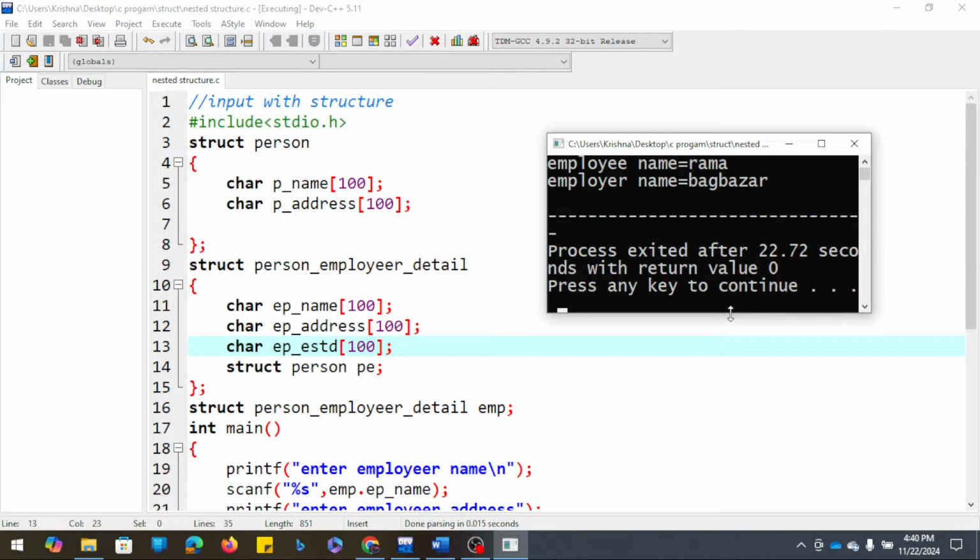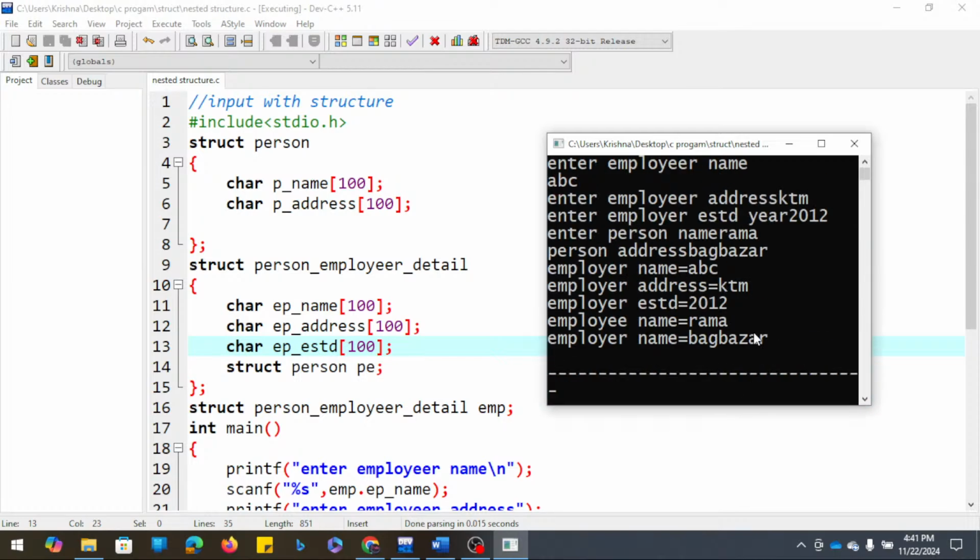So we can see we have got the output. Employer name, address, estd is established here, Rama Bagh. So this is how we get the output